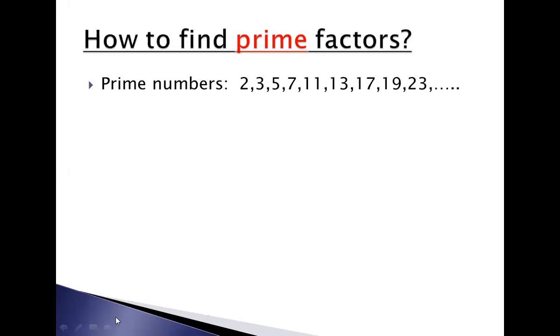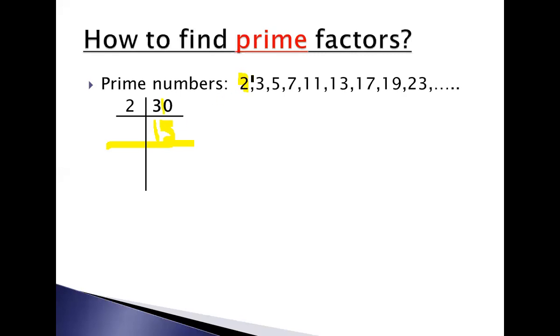Here you have an example of 30 and you have to find the prime factors of 30. You will divide 30 by the first prime number, that is 2. When you divide, 2 into 1 is 2, 1 will be left here and 1 will be carried to the next number. 2 into 5 is 10. Now you get 15. This is your quotient, not remainder. You will write the quotient here.